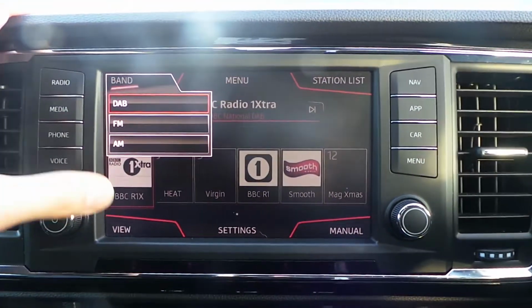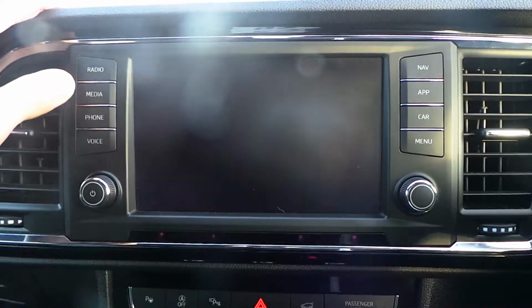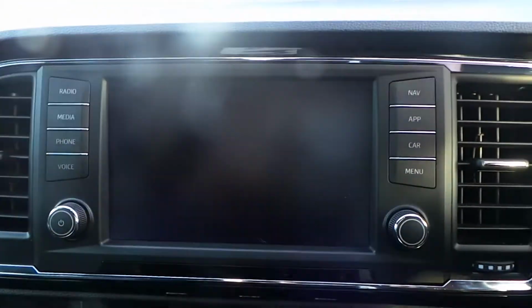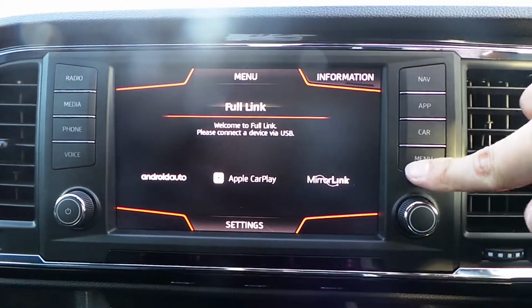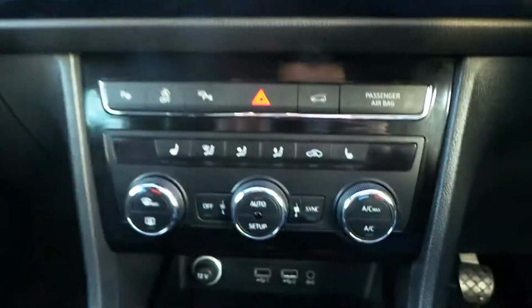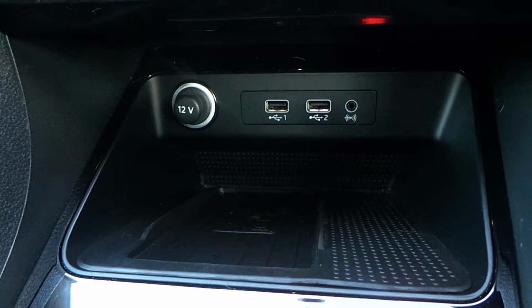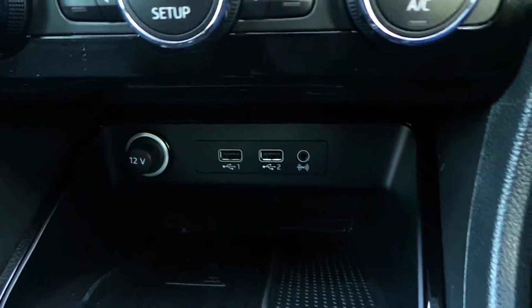Has a DAB radio, Bluetooth streaming, hands-free calls, navigation, full link facility, heated front seats and dual climate control, wireless charging for QI enabled phones with 2 USB ports and 3.5mm auxiliary,